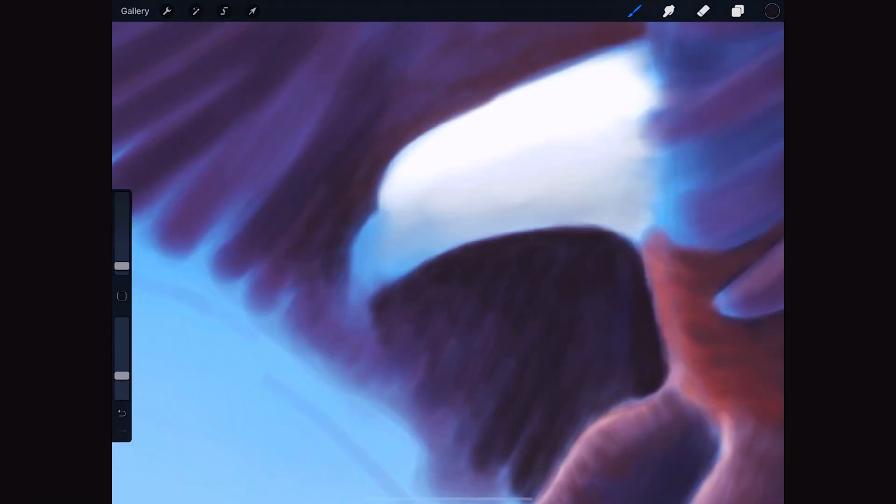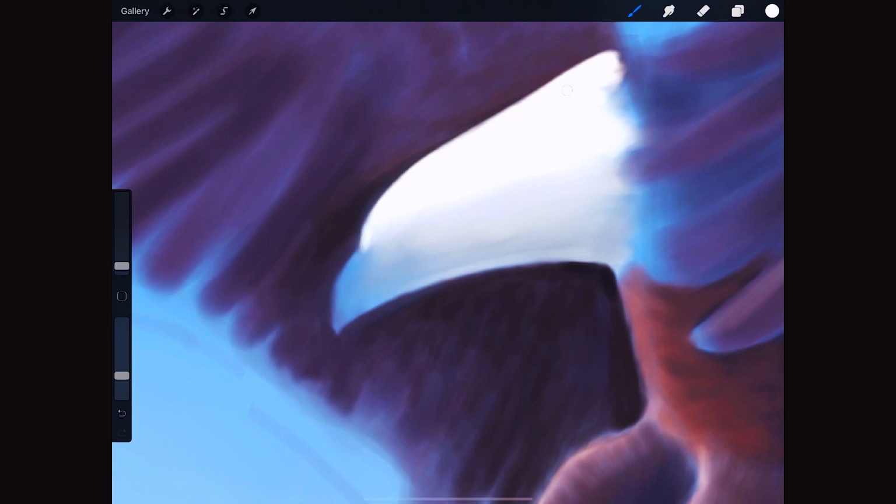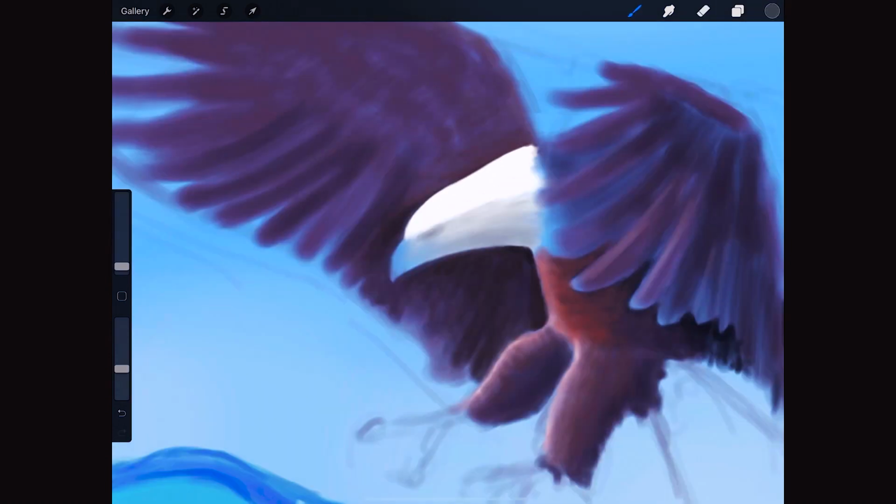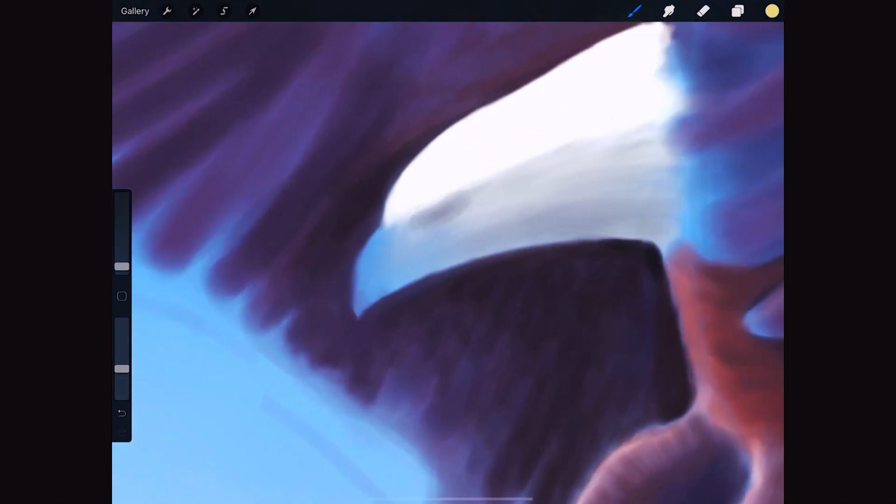Now it is time to refine and correct the shape of the beak and the head. I think it should be wider on top, especially the neck. Now the eye. We make an almost circular oval with a light yellow and a dark center. Then we create some shadows around it.